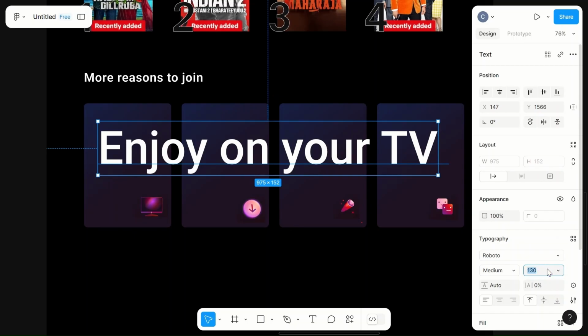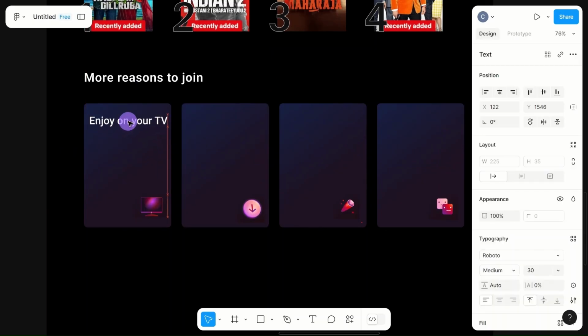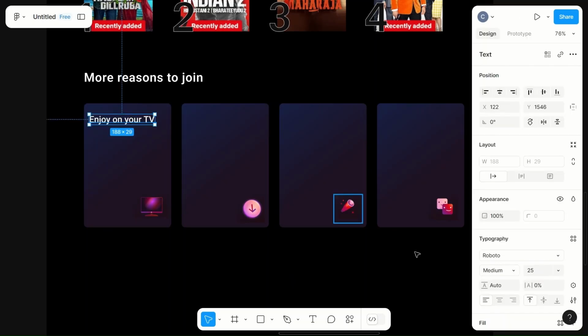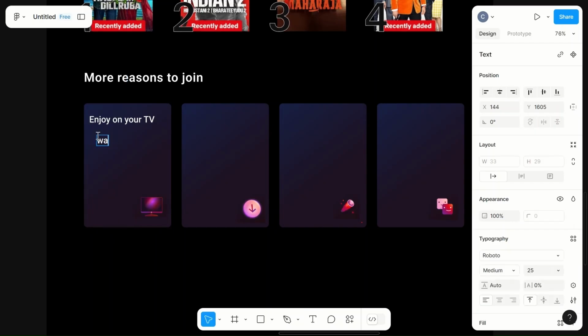Okay, is it like 30? Okay, fine. I think I have to give like 25. Perfect. 25 medium Roboto. Then I have to add text, some paragraph. You watch on smart TVs, PlayStation,